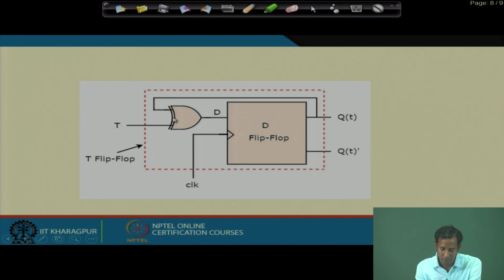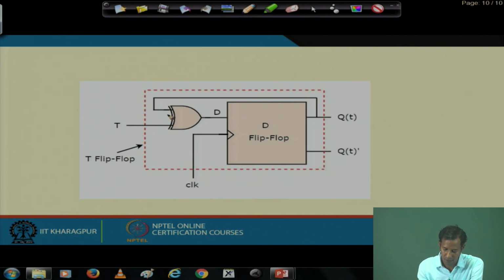Now, we can put in a control signal. Whenever this T is 1, at that time it will act as an inverter operation, and this particular flip flop will act as a T flip flop. Okay. So, instead of an XOR gate, you can just make this a single inverter without this T input. So, this will be the T flip flop